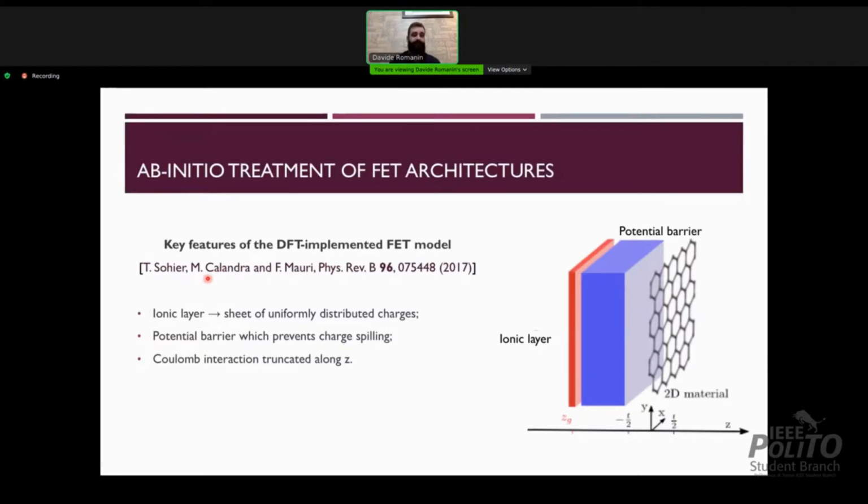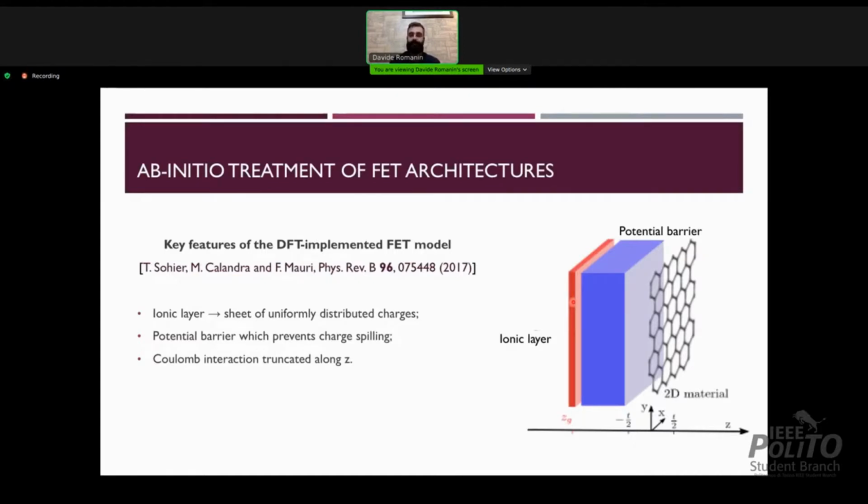Therefore, recently, a model has been implemented in DFT codes, which treats the ionic layer or the metallic gate as a uniform planar distribution of charges. The dielectric is completely removed and a potential barrier is inserted in order to avoid charge spilling from the system into vacuum. And finally, if we work with a plane wave implementation of DFT, the system is periodically repeated in